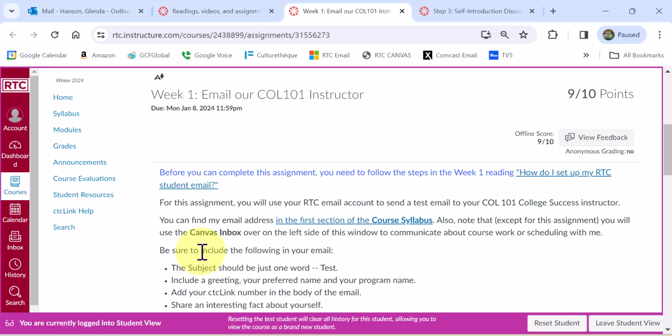And right here now it tells you that you're going to be writing an email to your instructor, and to look in your syllabus for the email address, which for people that started out earlier, I didn't have my email address in there, but I put it in there now. This inbox here is what all students should use to communicate to me about classwork, and my other email, which is ghansen@rtc.edu, is for this assignment only,